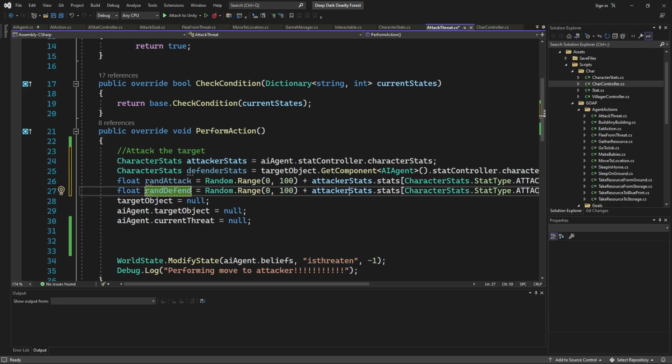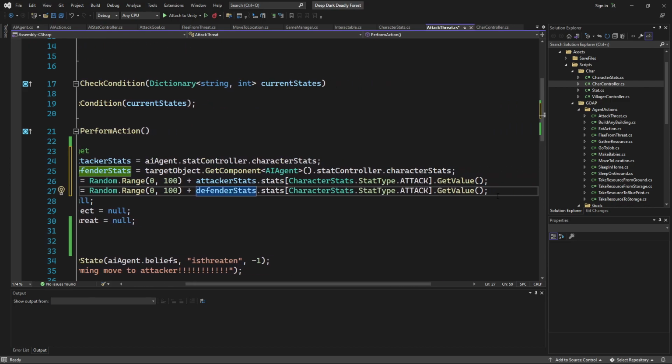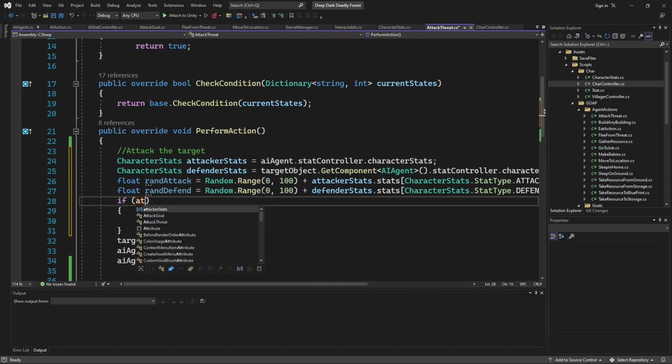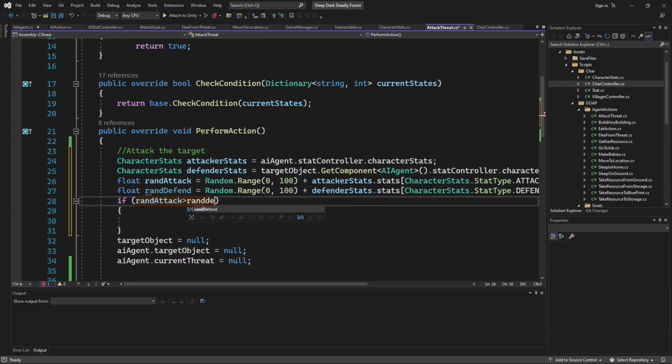And instead of the attacker stats, defender stats dot defender defense. Okay. Not sure if this is like the best way to do it. It rolls between 0 and 100 and then adds the attack value, and we're going to say whoever's higher. If attack, or if random attack is greater than random defend,